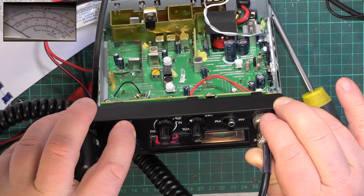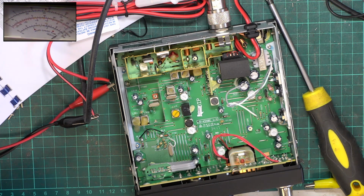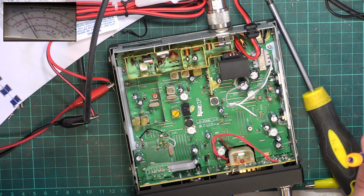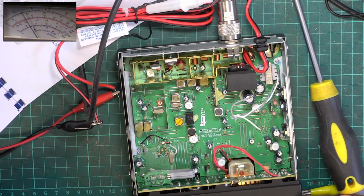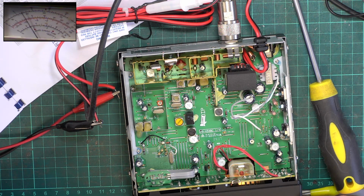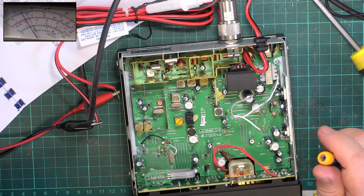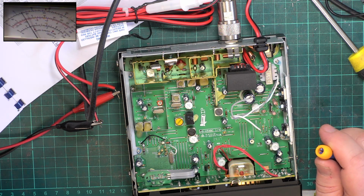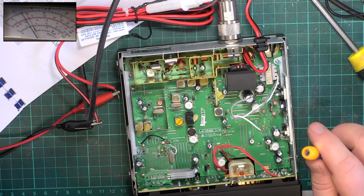And I want you to start on channel 20. Right, we're going to the high power setting, which is showing 3 watts. And they want you to adjust RT203 and RT203. Yeah, that has nothing to do with what we're doing, because it's for low power for Germany. So if RT203 is actually fitted on this radio,